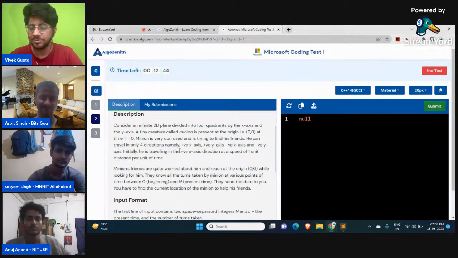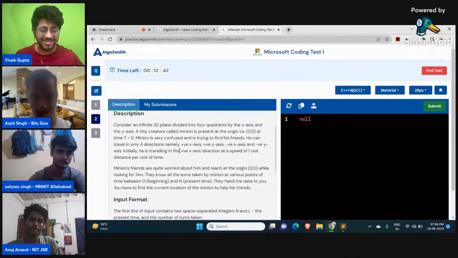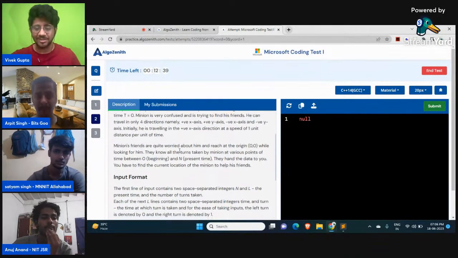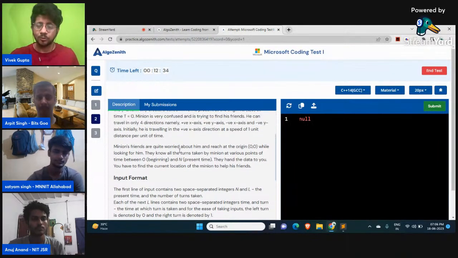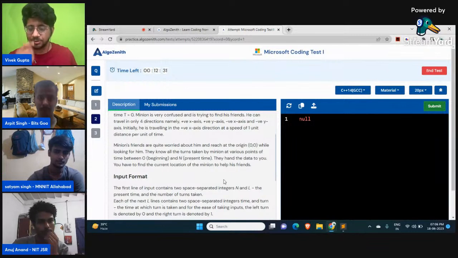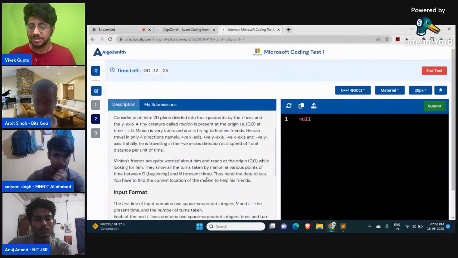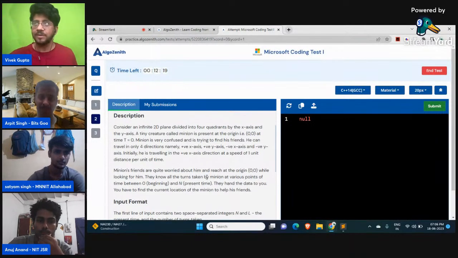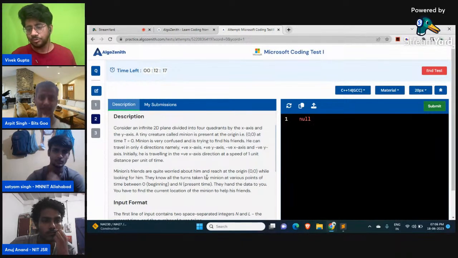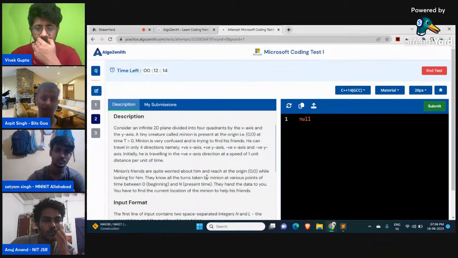Is OA connected like this only, with four to five candidates under an investigator on Meet? No, no, no. Guys, this is not exactly how OA works. There is a link given. You are sitting in a proctored environment in your college or maybe at your home. You are given a link, and the test opens in your window. You have to solve it in that window itself. There's no proctoring as such by a human. You just open that link from mail, solve it on the platform, and then submit it. That's it. It's not that strict. People don't proctor it directly.